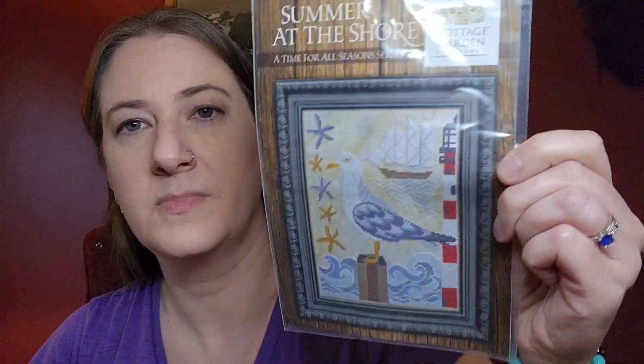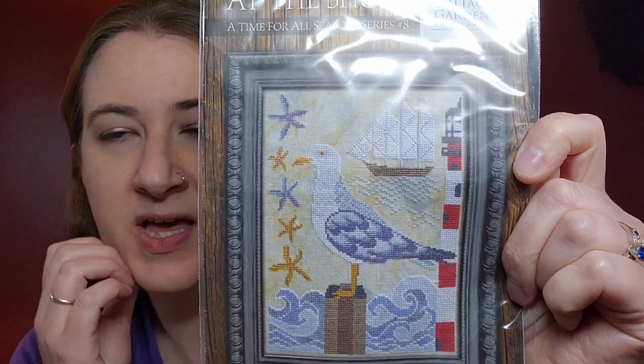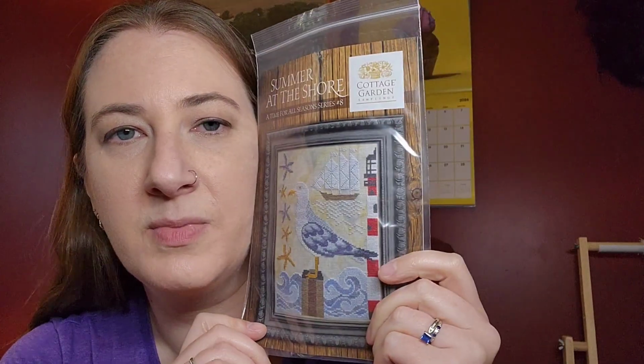But wait, there's more. There are the patterns that I picked up from Big Bad Wolves. I found Cottage Garden Samplings, Summer at the Shore from their Time for All Seasons series. I still want to get Gathering Acorns. She did not have that one, unfortunately. And I did go ahead and get the specialty thread for it. And I'm going to do it on a smaller piece of fabric than I have done my...